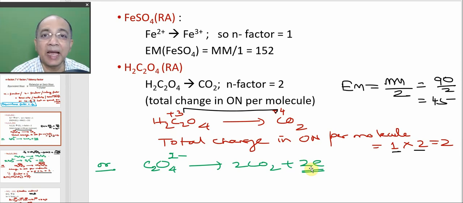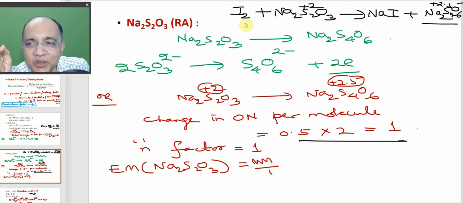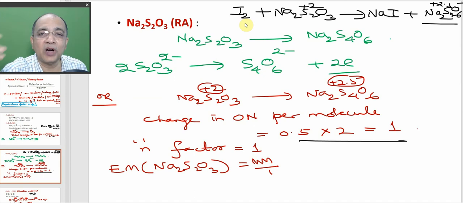That is economical. Now see, sodium thiosulfate is a versatile reducing agent, particularly in reaction with iodine. We shall be looking into this interesting reaction in our volumetric analysis part. That is maybe next class, next video, or the video after the next. The thiosulfate ion will react with iodine, which acts as an oxidant to form iodide ion, and this will be